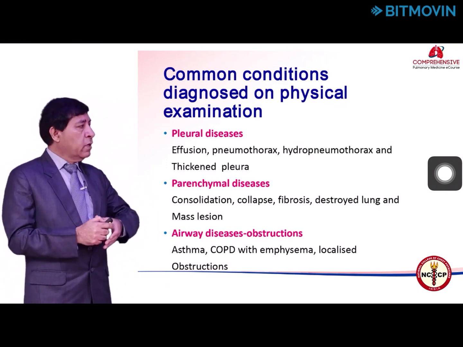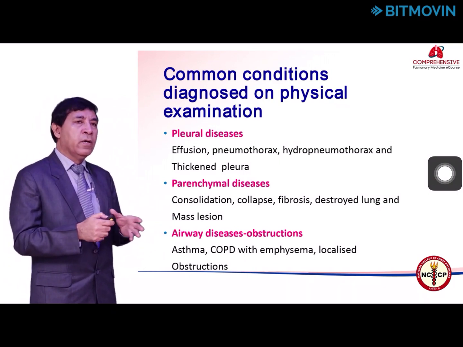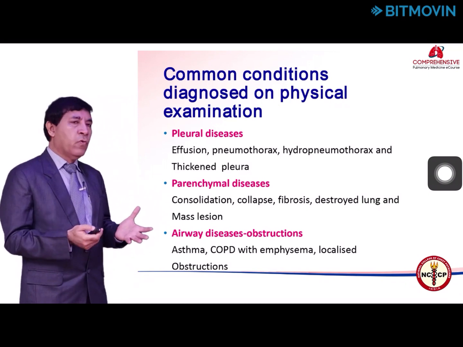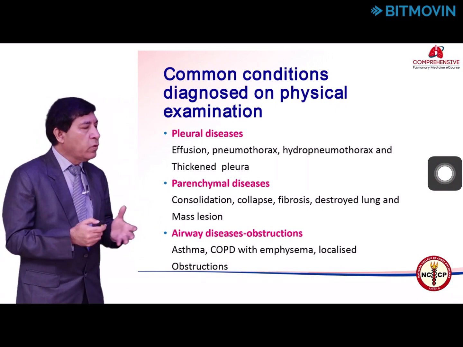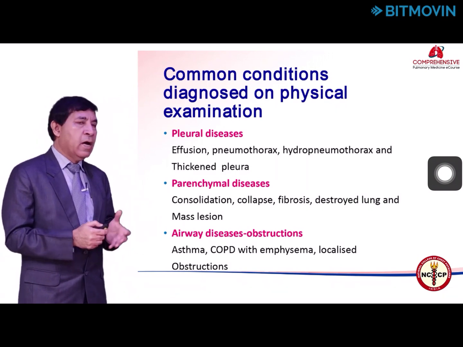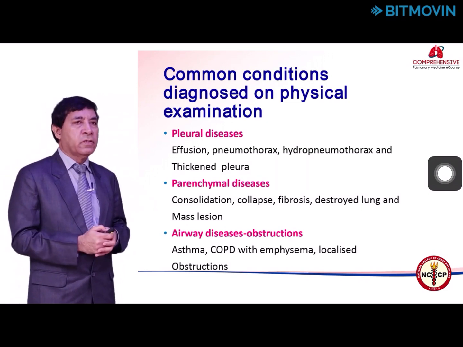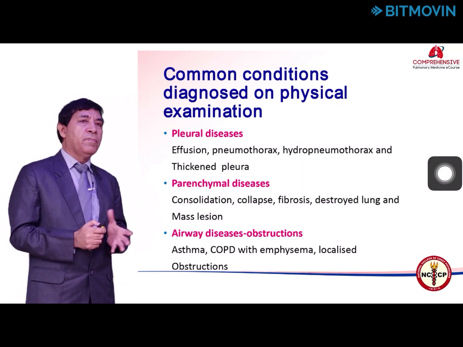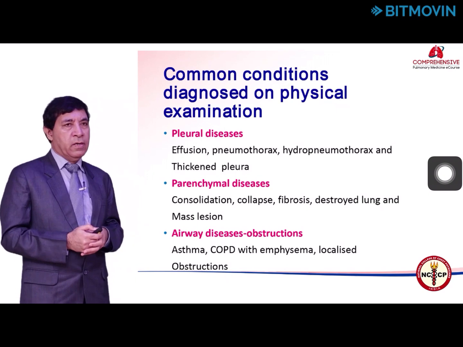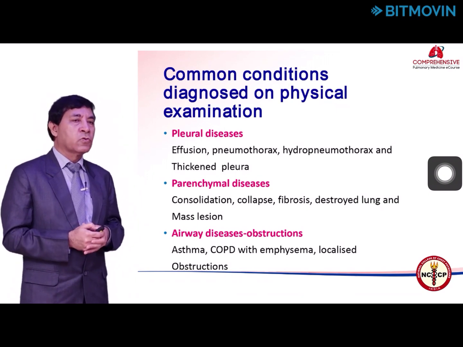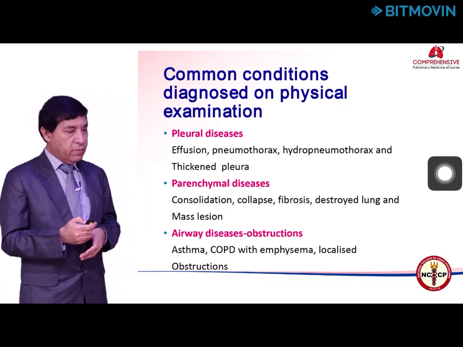Now, if you broadly look at this, you have 4 possible pleural diseases, about 4 to 5 parenchymal diseases, and then diffuse airway as well as parenchymal diseases. So overall, when you are approaching a patient and you do the physical examination, you have about 11 to 12 possible diagnoses, and this is the scope of the physical examination of the patient.